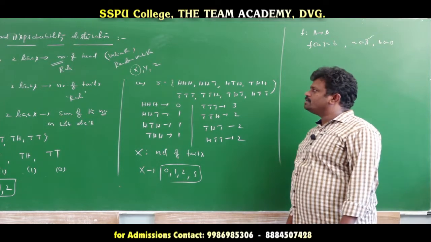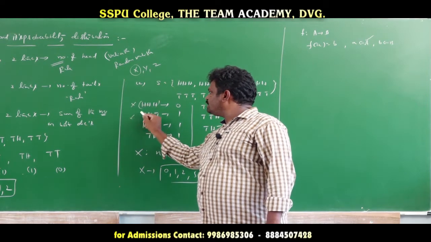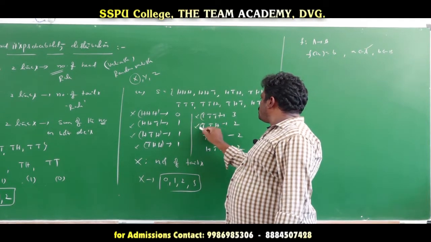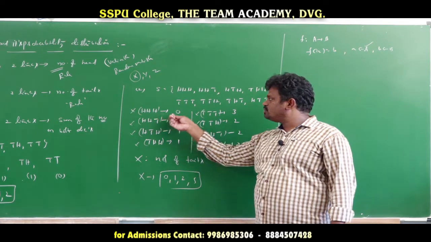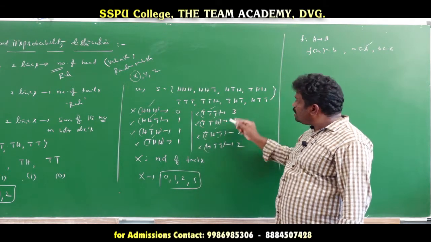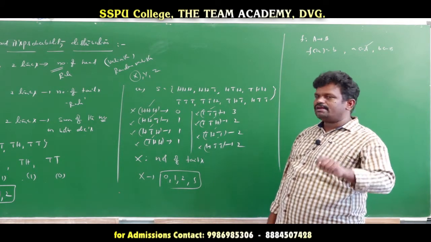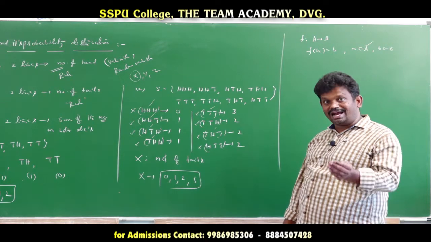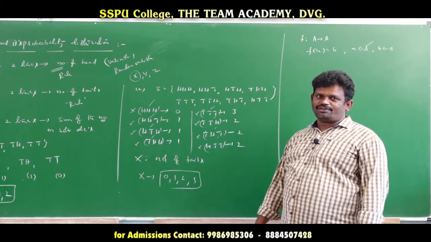Now we are observing this example. Suppose we take the random variable number of heads, or number of tails, x of each outcome, like this. So this is the random variable. Here, number of tails 0. These are the domain elements, where we consider this a sample space of the given random experiment. So these domain elements belong to the sample space, and the outputs, the range, is the set of real numbers.